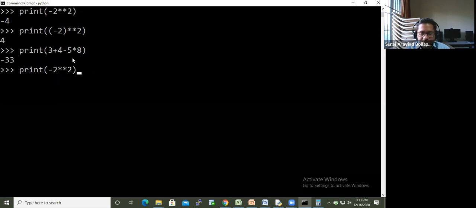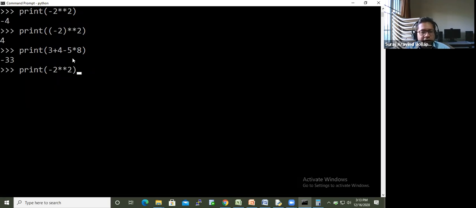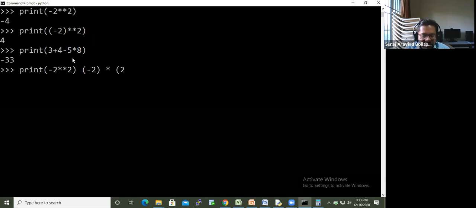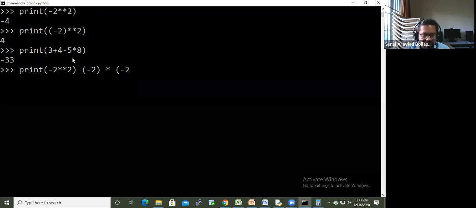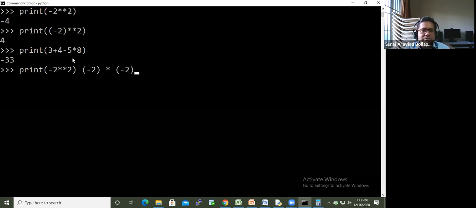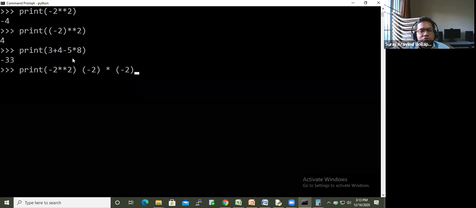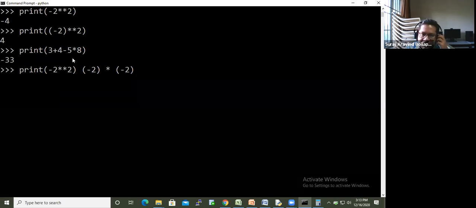I was expecting minus 2 multiplied by minus 2, so my answer should be 4, not negative 4. But what the interpreter is doing is this: the minus is taken as a unary operator.